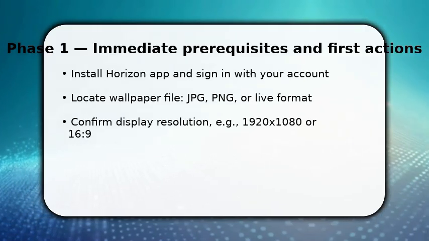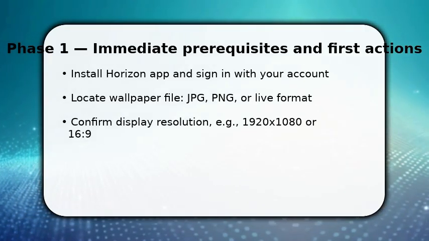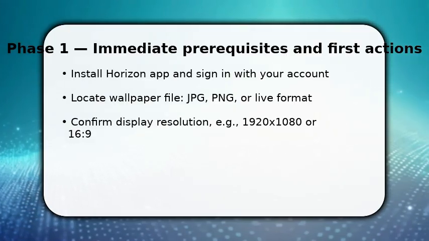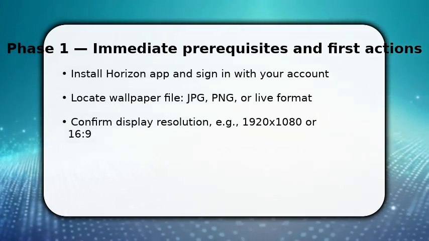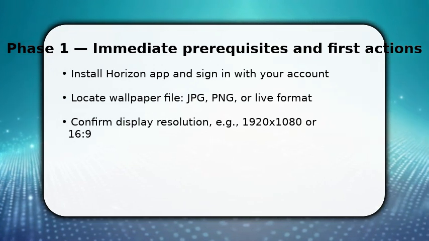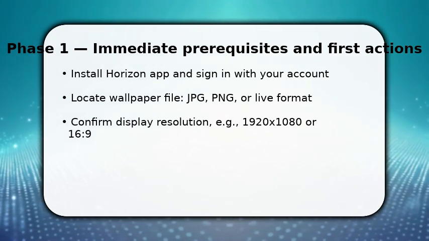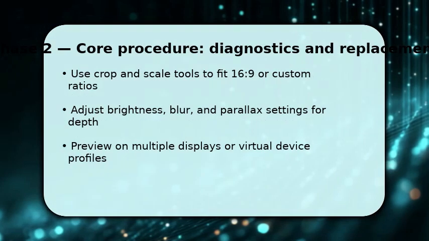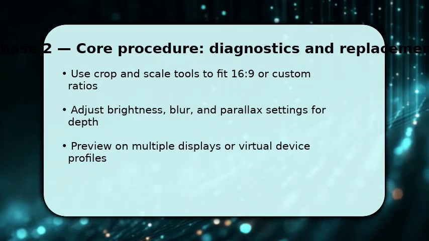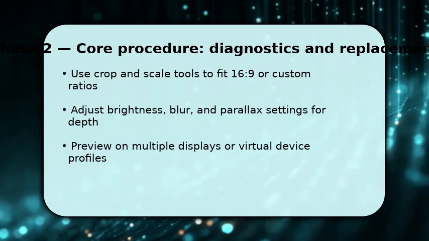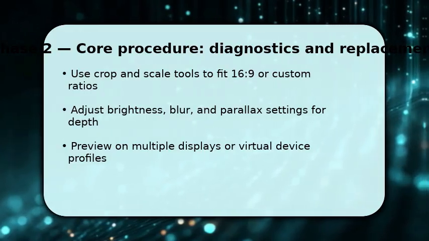This first actionable step places the asset into the editor so you can position and scale it. Make sure to save a copy before major edits, so you don't lose the original. Once the image is in Horizon, focus on composition. Use the crop and scale tools to match 16:9 or your custom ratio, and position the focal point where icons